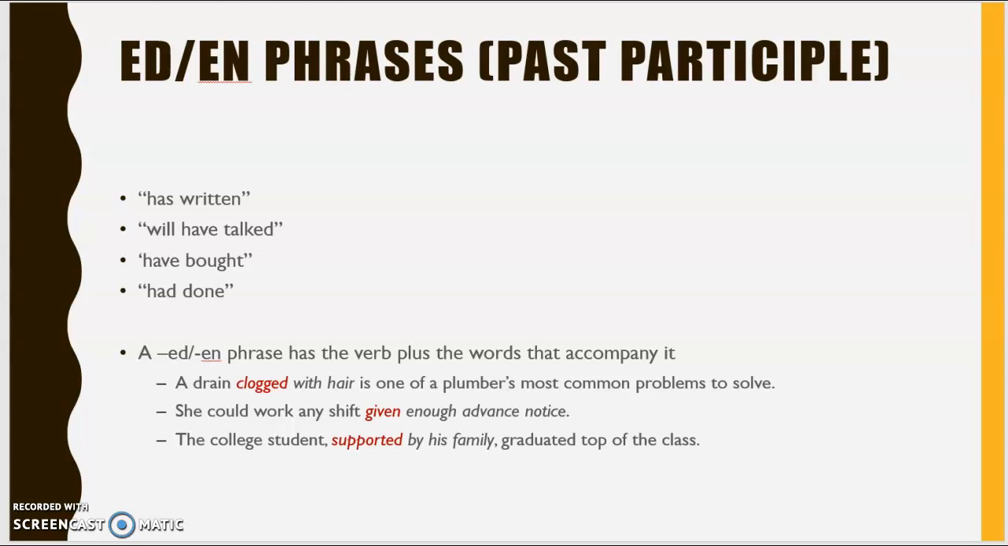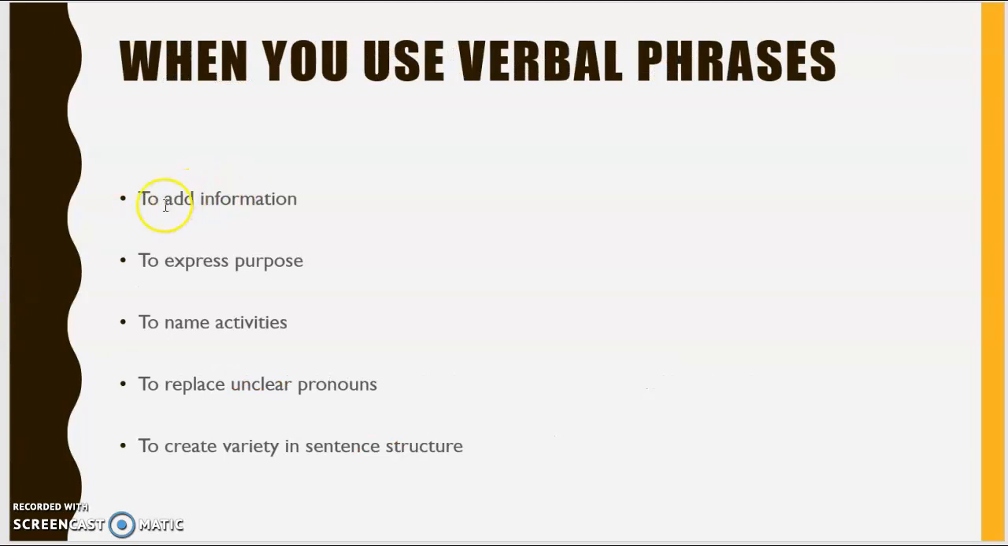So, a drain clogged with hair. She could work any shift given enough notice. The college student supported by his family. Those are past participles, ed, en, okay, past tense. And you can combine sentences using past participles, using gerunds, or using infinitives. Okay? You use them to add information or express a purpose, to name different activities you're discussing, or to replace